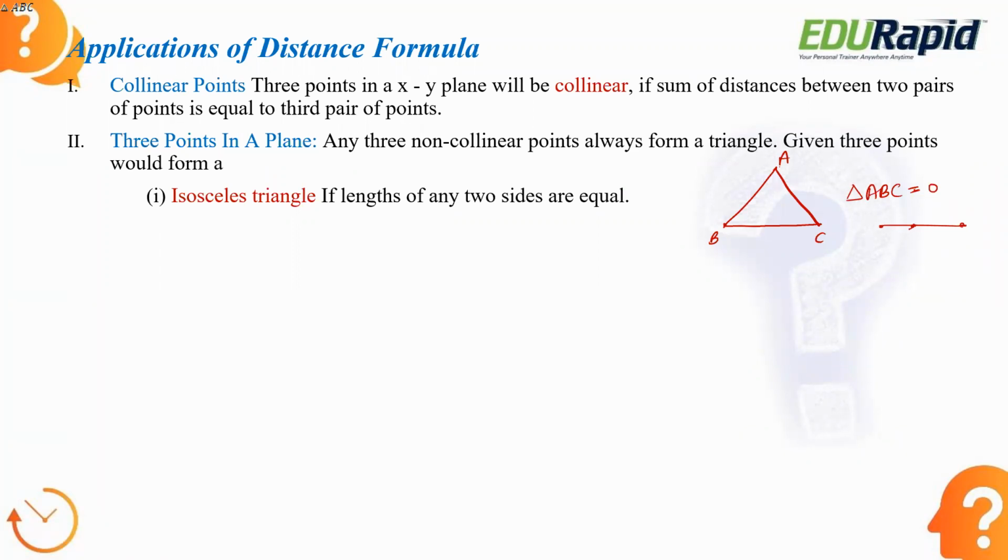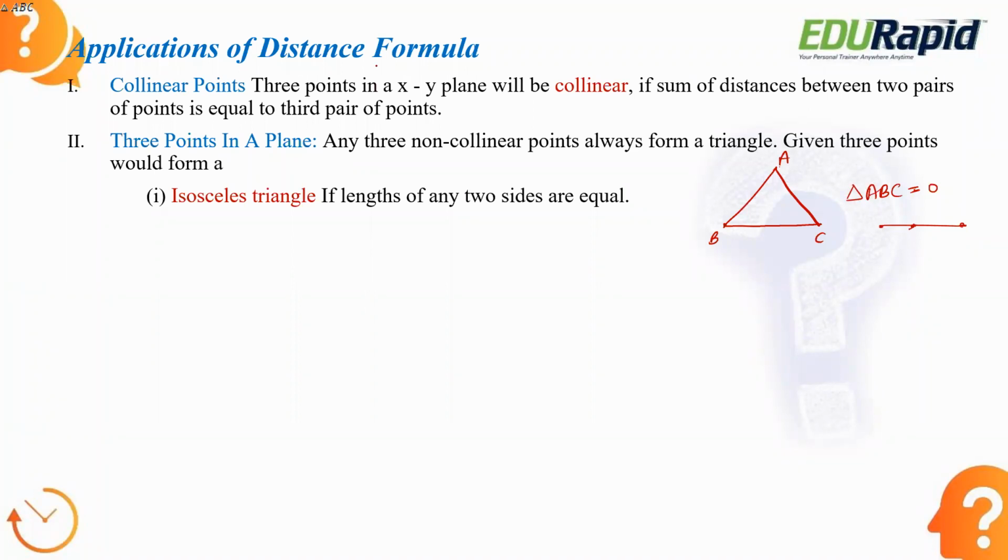So when we speak about triangles, you have the isosceles triangle. When you use the distance formula and they ask you questions related to it, they'll give you 3 points and options where you have to see whether it is a triangle, or an isosceles triangle, or whether it forms a square or rectangle. For all this, you should know the condition of these particular shapes. If you know the conditions, then it's very easy to apply the distance formula and arrive at your answer.